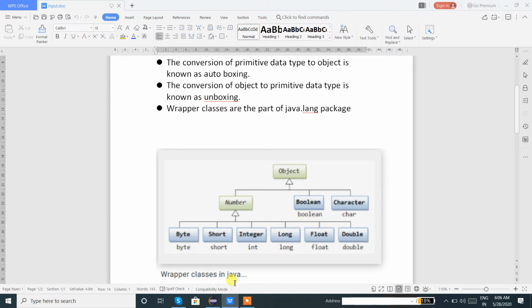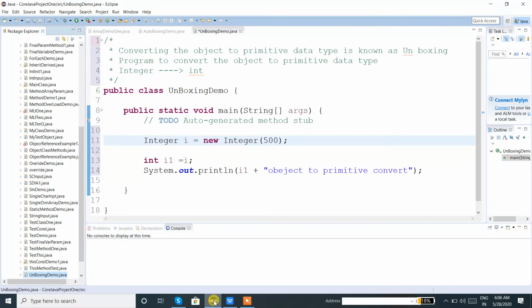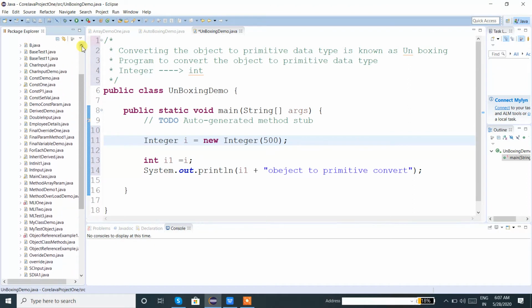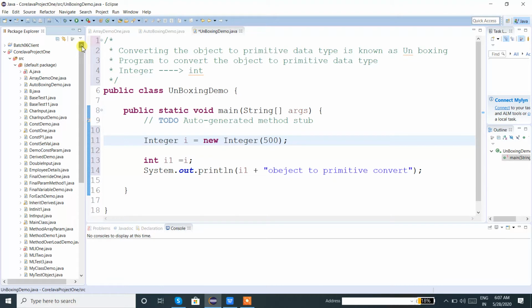Now we will check one code where we will see how to convert the wrapper class object to its respective primitive data type. So let us enter into Eclipse. I am going to use the same project, Core Java project 1.